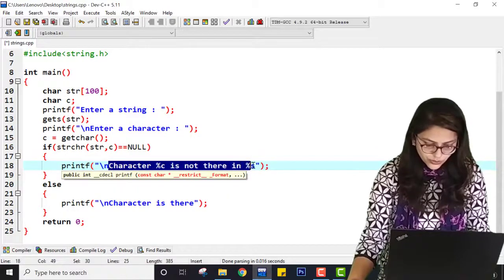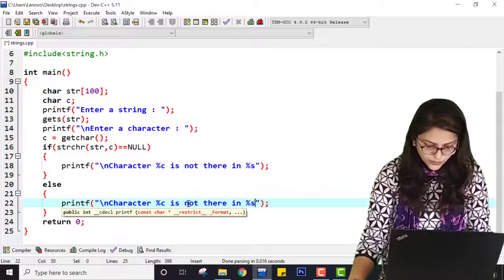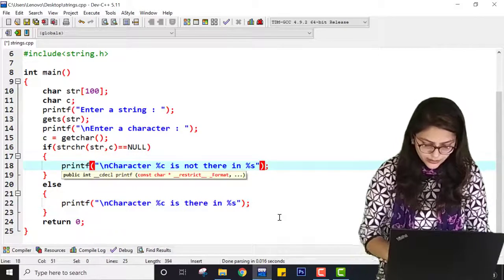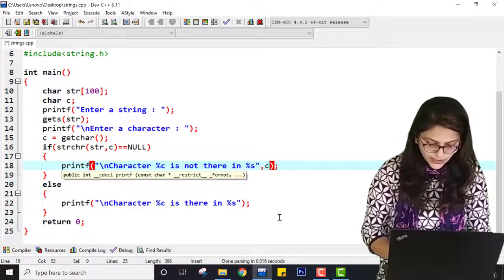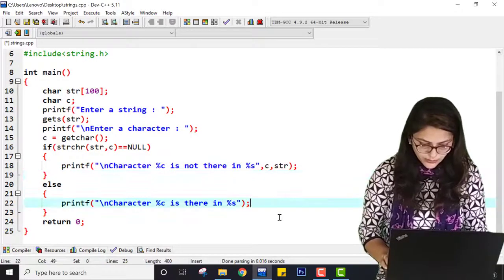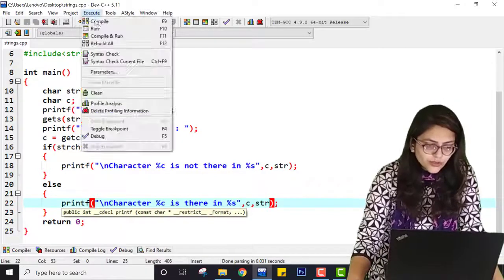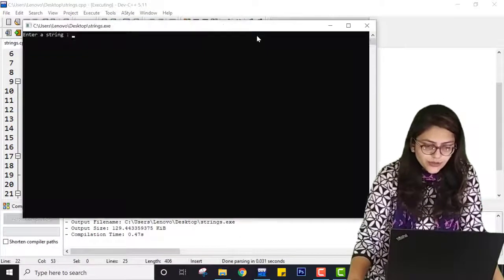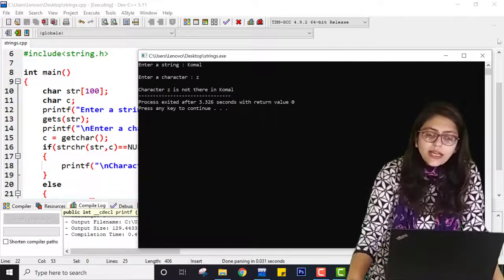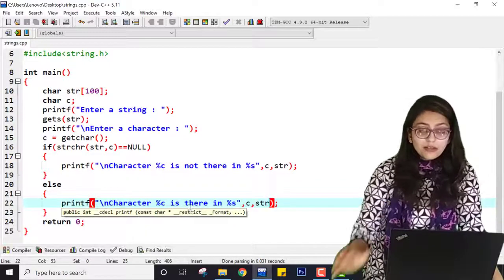So just copy this, and here you can write c and str, copy it, and here it will be okay. Now let me compile it and run it. I'm writing again Komal and Z. So character Z is not there in Komal. You can see this looks very manual.